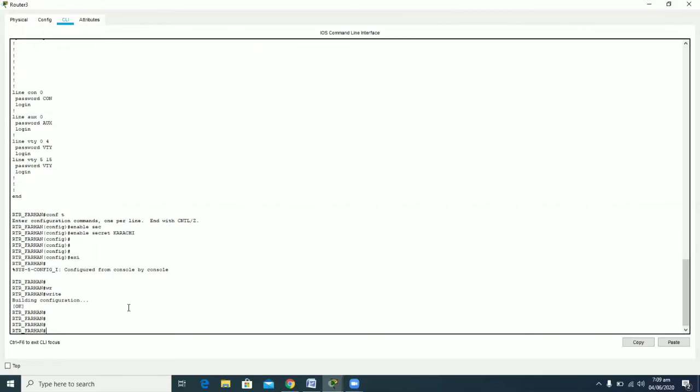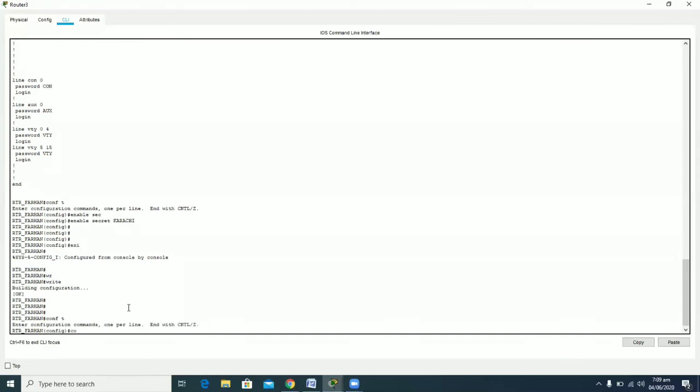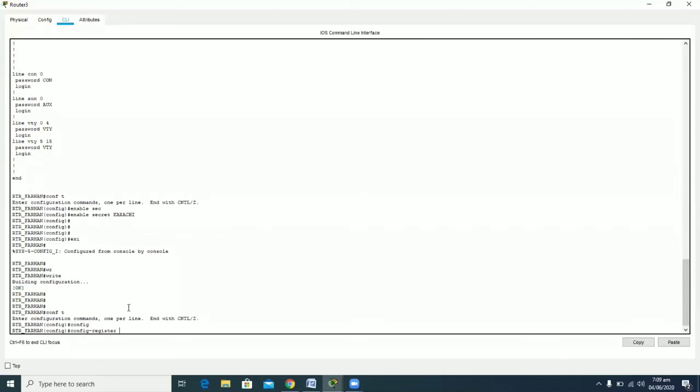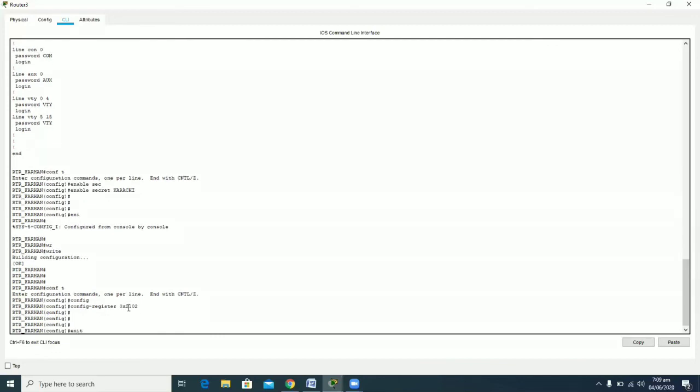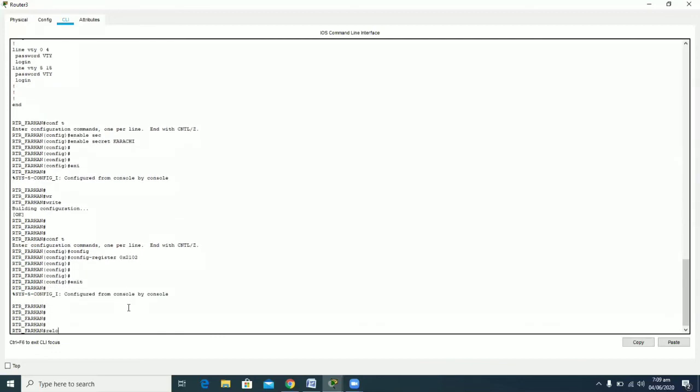Now what I have to do is to reconfigure my configuration register value back to its original value, that is 2102, and that is done in the global configuration mode by the command config-register 0x2102, and then pressing the enter key, and then again exiting from here, and now I have to reload the configurations.